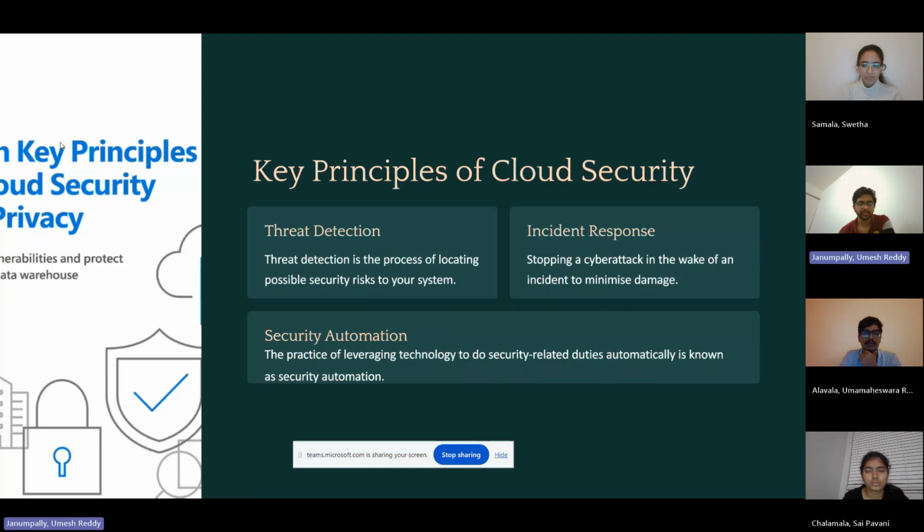And also the modern cybersecurity automation solutions use AI and machine learning algorithms in order to protect networks and applications. In the incident response, mainly it avoids cyber attacks in order to minimize the